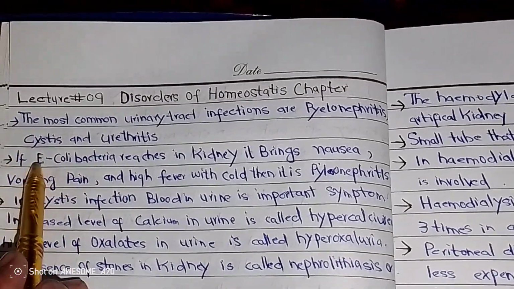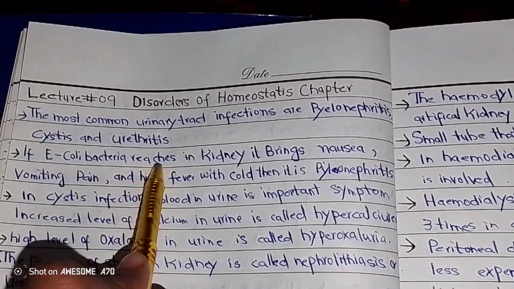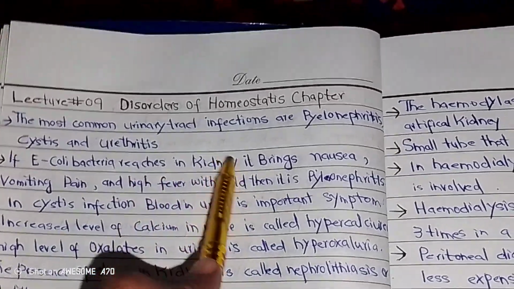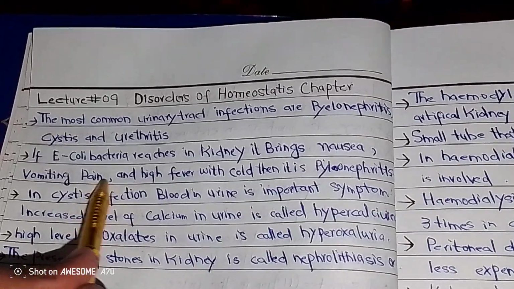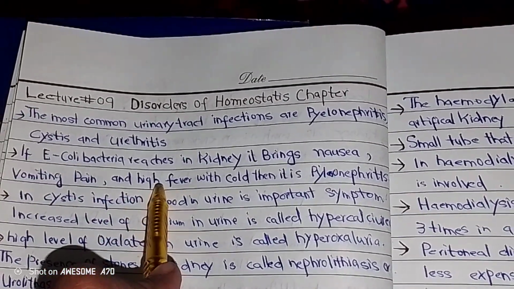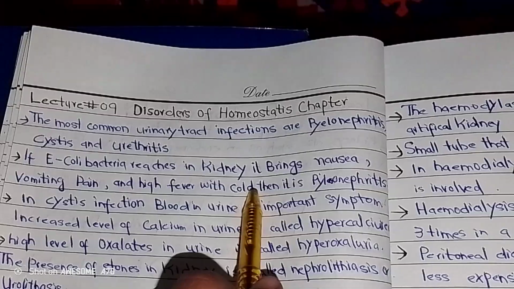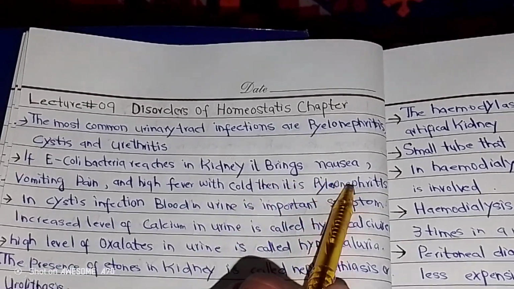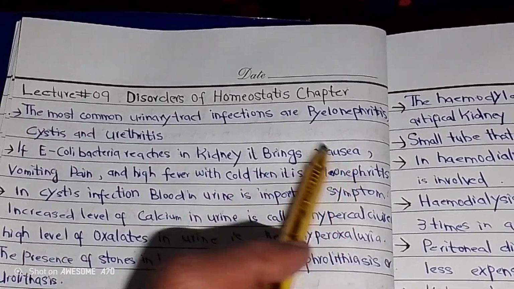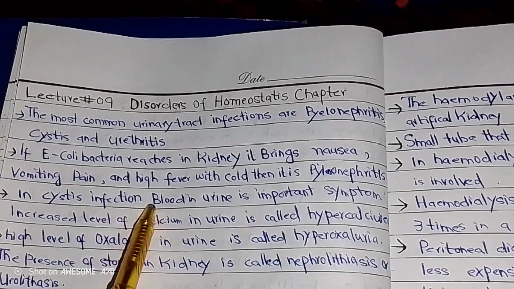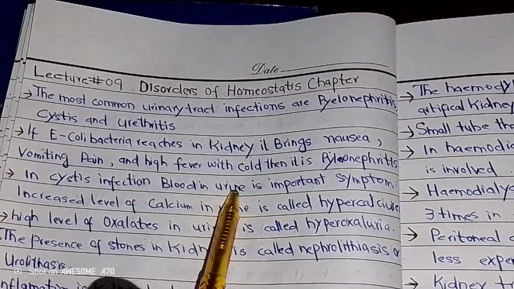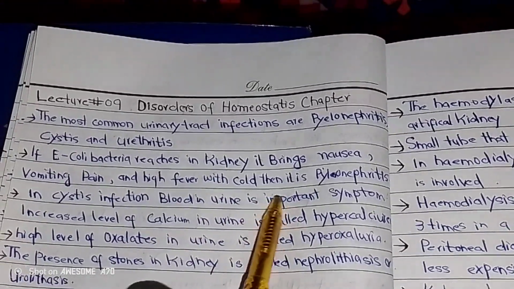If E. coli bacteria reach the kidney, they cause nausea, vomiting, pain, and high fever with chills. Then it is a pyelonephritis infection. In cystitis infection, blood in urine is the most important symptom,